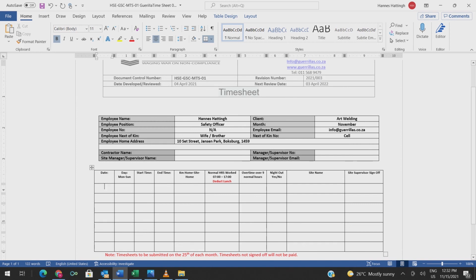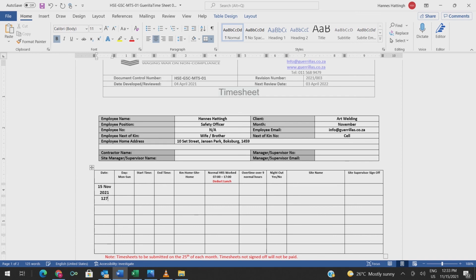just to prevent any delays. If you work for two different clients, so say for example today you're working for Art Welding, tomorrow you're working on another maintenance site for MK Projects, then you need to do a timesheet for Art Welding, you need to do a timesheet for MK Projects, so two separate timesheets. So if you then go again the following day, you work with Art Welding again, then you just continue on that same timesheet, but you'll just have the date the 15th of November